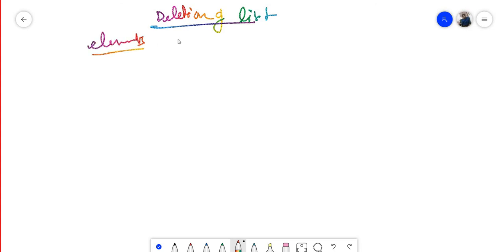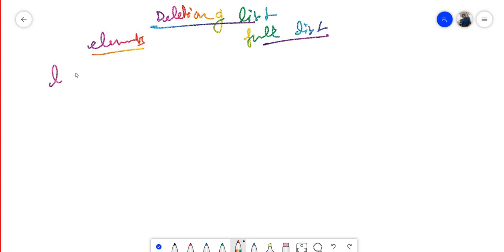Now see, deletion of list: elements which are in the list or the full list. Whatever you want to delete, we can delete accordingly.